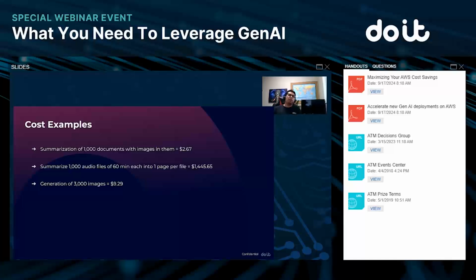But just to give you an idea of some of the costs of doing this. That's why a lot of people are starting with text summarization. It's cheap, it's easy. You can go ahead and start playing with it a little bit more. Now, I'm not talking right now about agent or RAG architecture. Those will increase a little bit more because of the cost of the databases, but overall will be good.